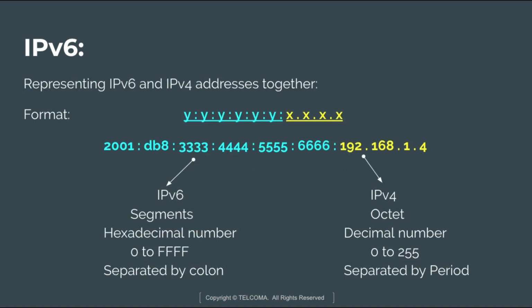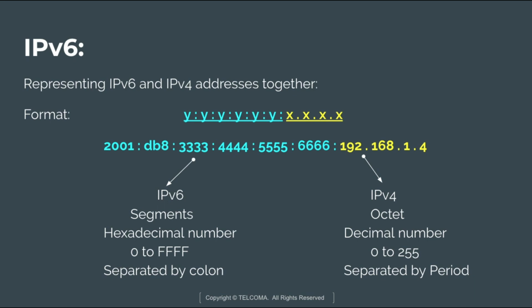Next is how to represent IPv6 and IPv4 addresses together, as our network has a combination of these two addresses. The format of the IPv6 address is x:x:x:x:x:x:y.y.y.y, where the x's represent the IPv6 segments and the y's represent the IPv4 address. It can be written as 2001:db8:3333:4444:5555:6666 and then the IPv4 address, that is